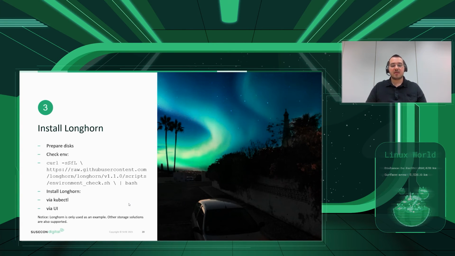Next is installing Longhorn as a storage solution. I need to mention that there are other storage solutions validated and supported. This one is just used for demo purposes or to explain what you will need to do. So if you're going to use Longhorn, you first will need to prepare the disks, and we strongly recommend to